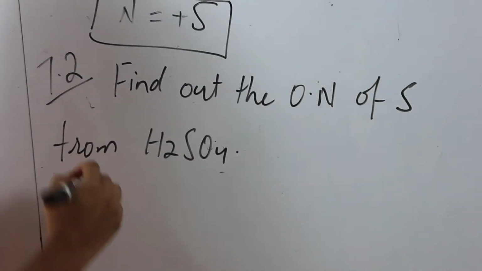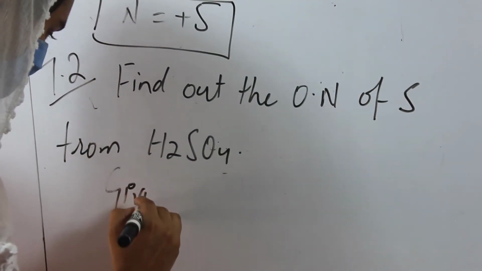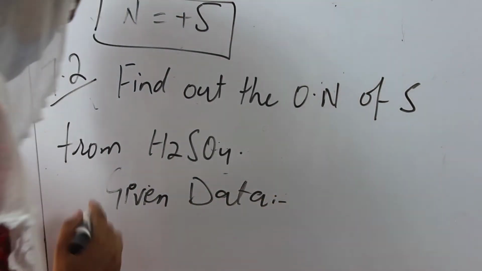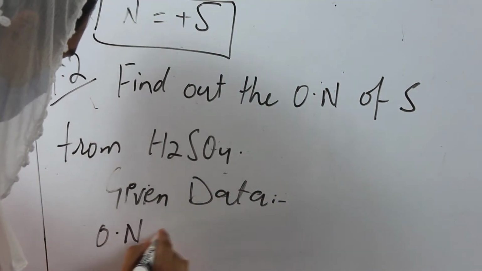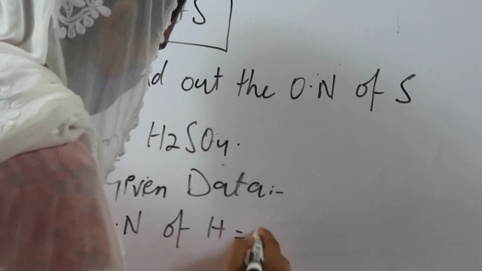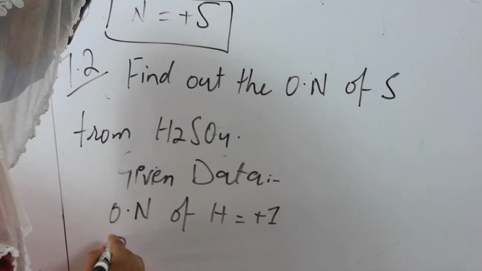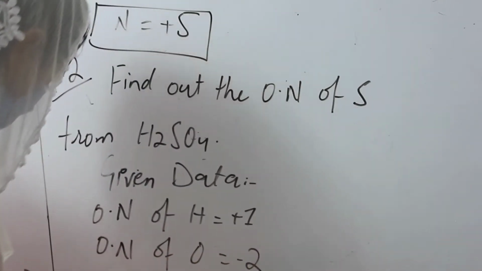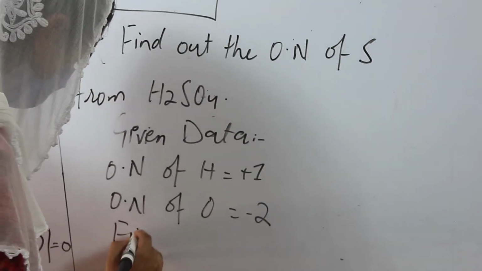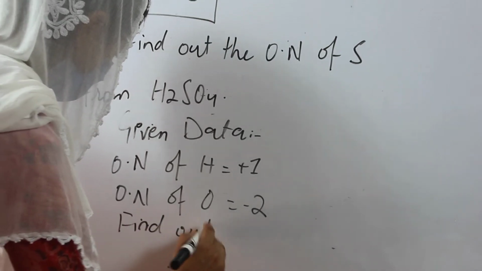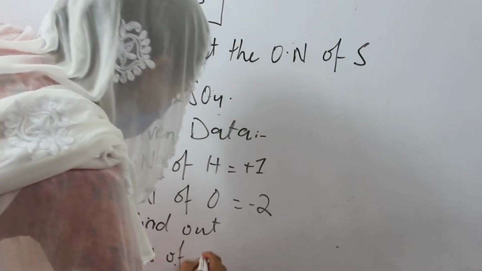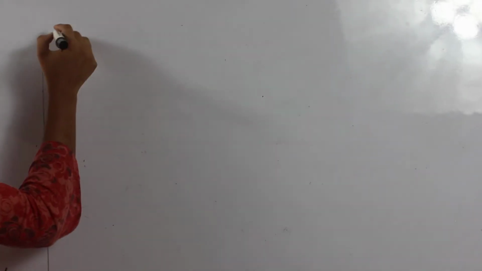First of all, we write here the given data: the oxidation number of hydrogen is +1, the oxidation number of oxygen is -2. Find out the oxidation number of sulfur. In the solution,